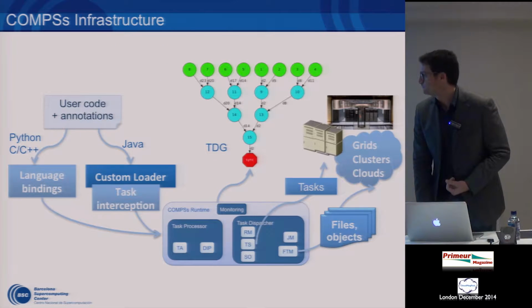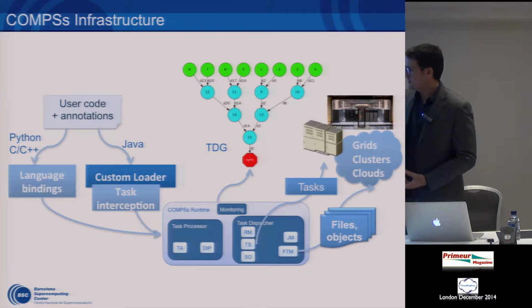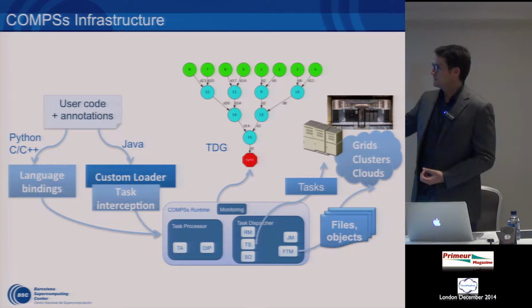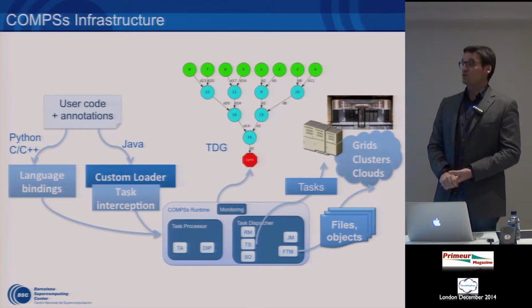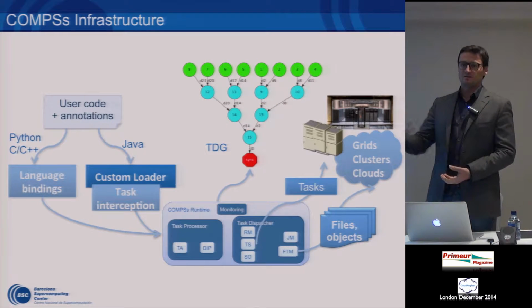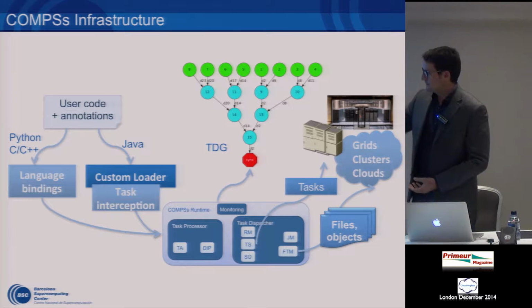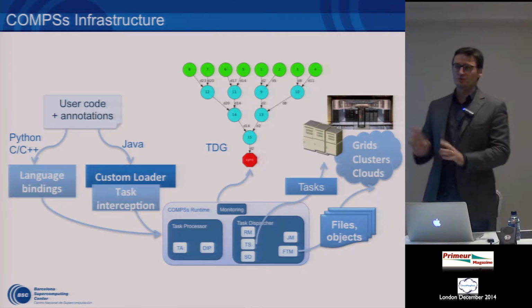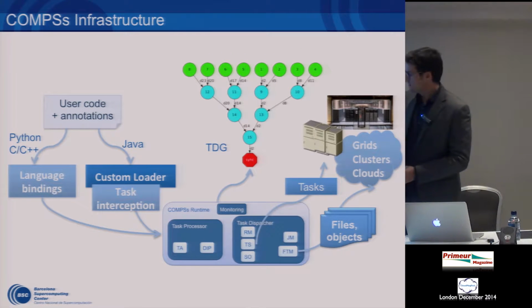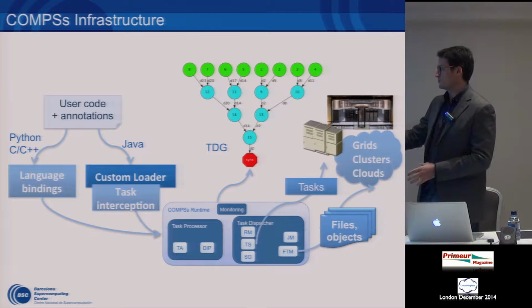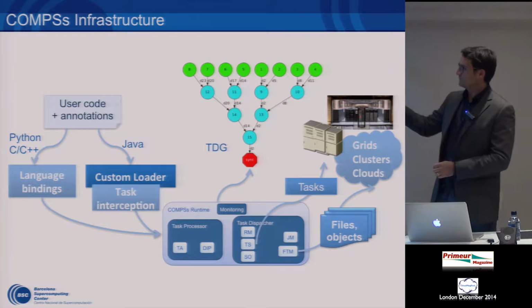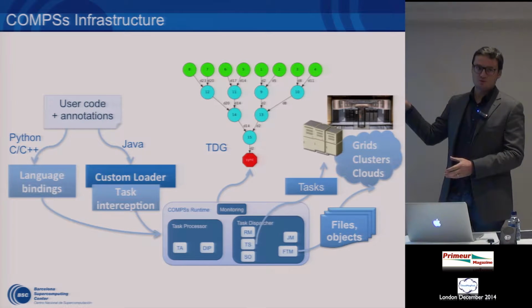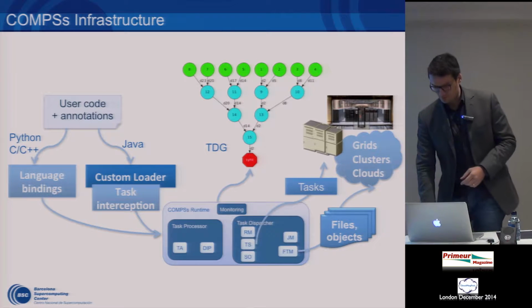developed with Python. So in this picture, the idea is that there is a user code. The user, as I said, doesn't have to change the application, just annotate the part of the code that is supposed to be a task to be executed remotely. And then there is the runtime that intercepts the calls from the sequential code of the user and executes these tasks in the available nodes of an infrastructure. So the runtime builds an execution graph, resolves the dependencies, and executes in parallel, where possible, the tasks on the nodes.